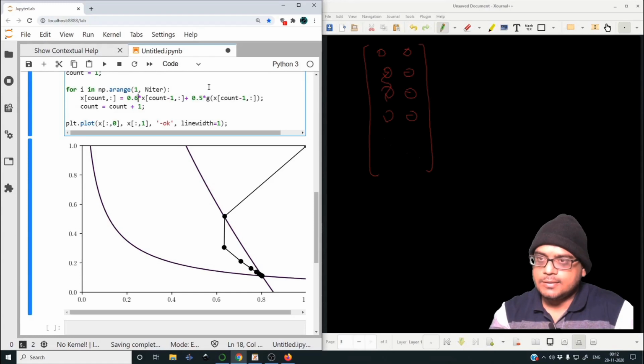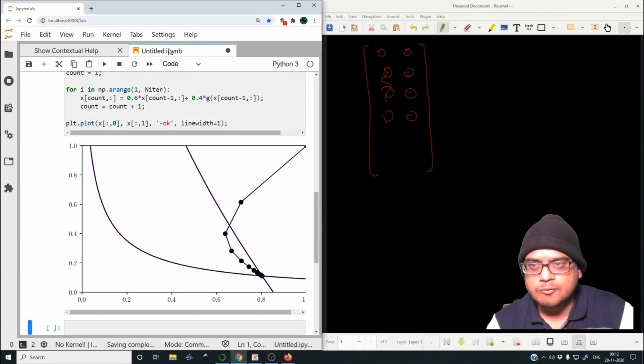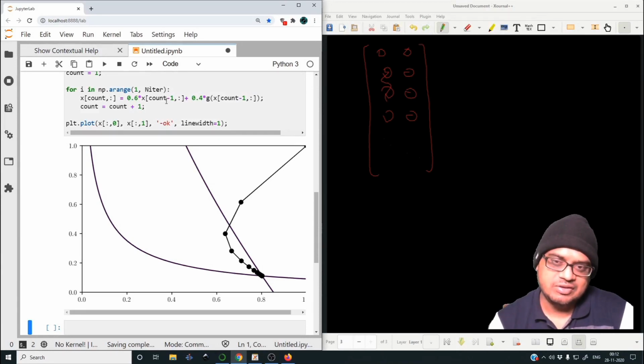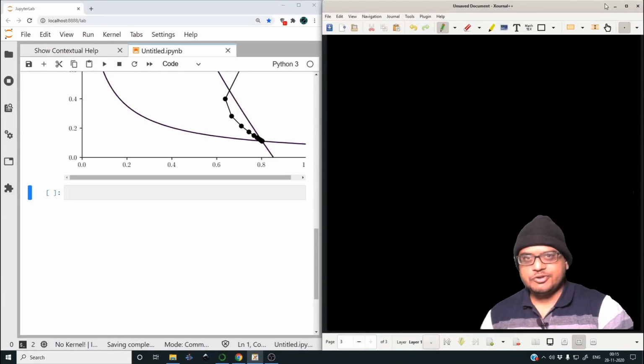All right, so have a go at this. Try to figure out why the behavior changes like this. Try to apply your mind to it. Try to find out the mathematics behind it. Okay, so let us proceed to